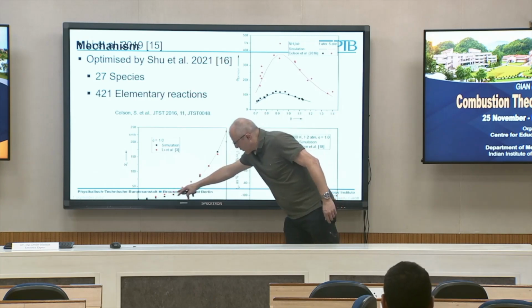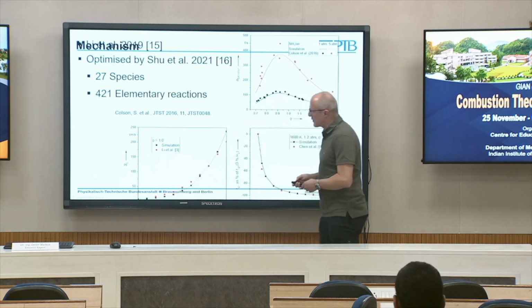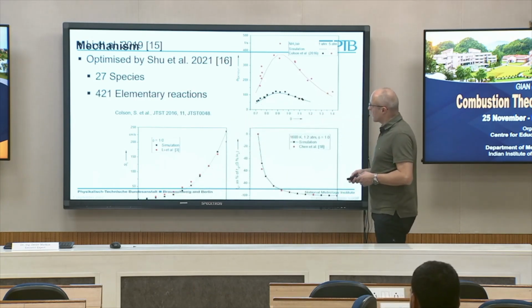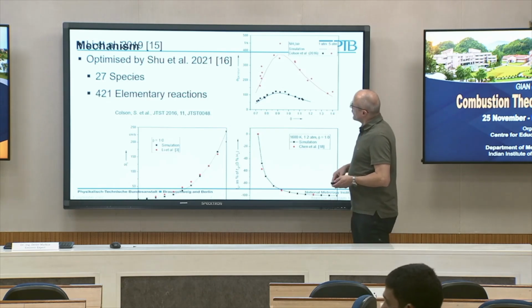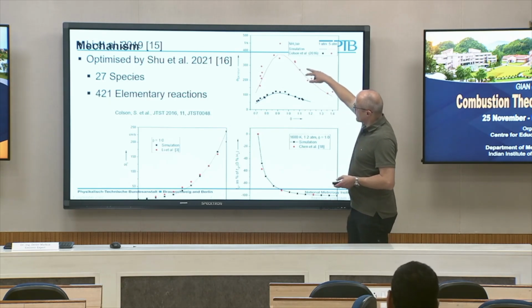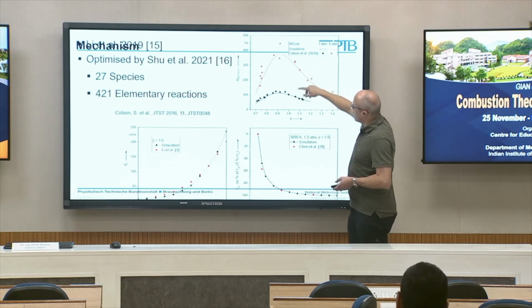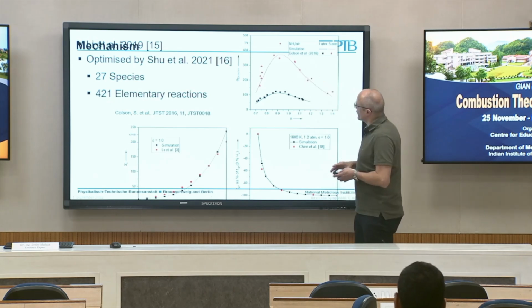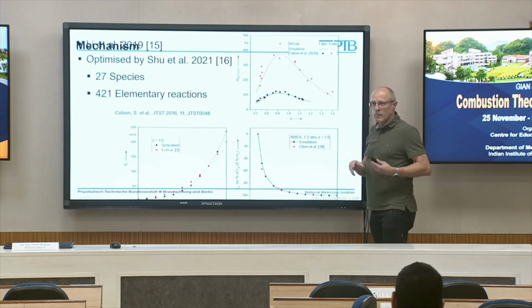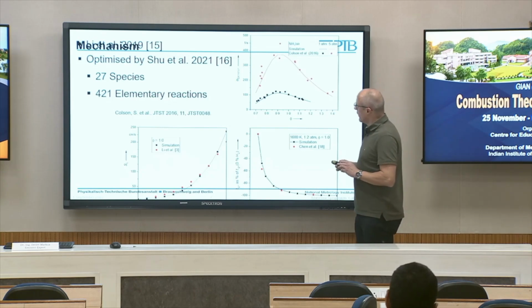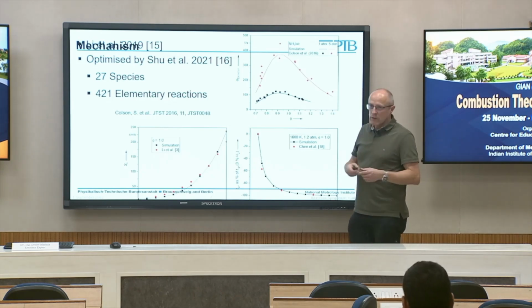So quite a confident comparison with literature. Here we have the extinction rate using a counterflow configuration. Again, our simulations at 5 different pressures compared with literature, a sufficient